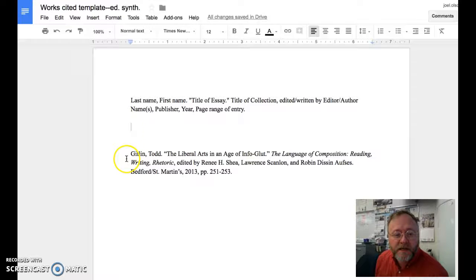So I've chosen one here that I used in my example. It's Todd Gitlin, The Liberal Arts in an Age of Info Glut. And then I have The Language of Composition, and the title is all in italics. They're the editors, who are also the authors, then the publisher, year, and then the page numbers, okay? So I put all that information in the right order, but you'll notice it's not properly formatted,